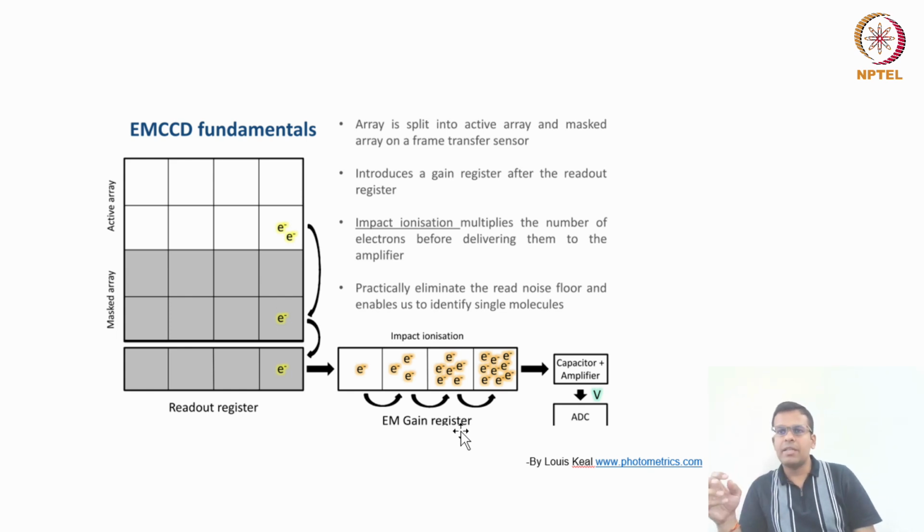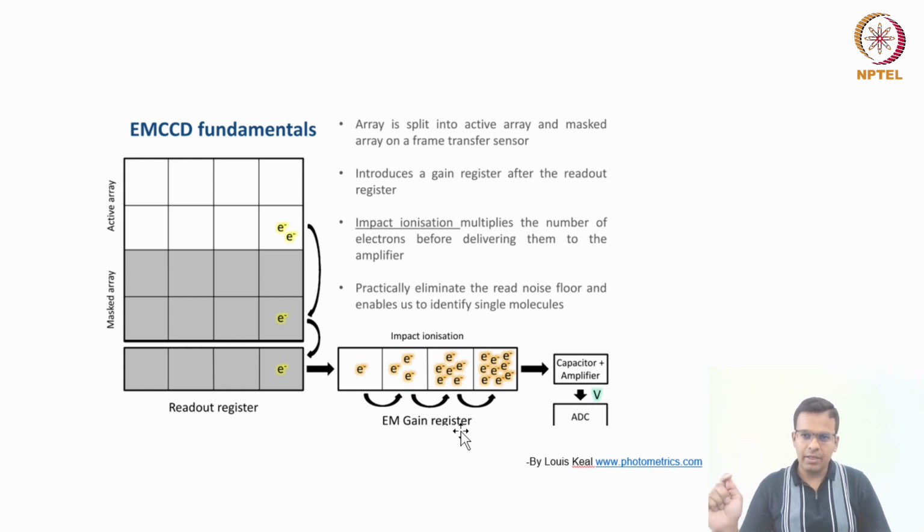When the EMCCD camera is attached to the microscope, you will see that there is an option in the software to adjust the gain of the camera. The gain of the camera is nothing but how much voltage you apply for the impact ionization. The higher the voltage you apply, the more the amplification. The lower the voltage, the less the amplification of the electrons. Let's say by applying a lower voltage I can see my signal good enough, then there is no point in applying a high gain, because it will also increase the noise. So you also have to adjust the gain of the EMCCD camera while imaging, to adjust this electron amplification.